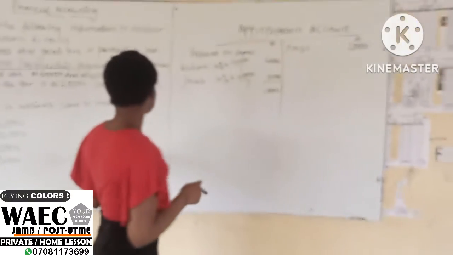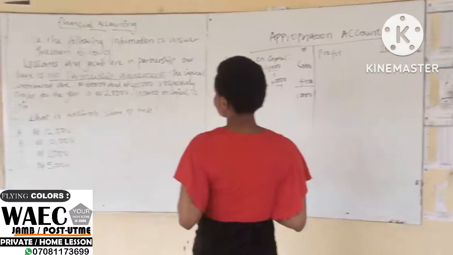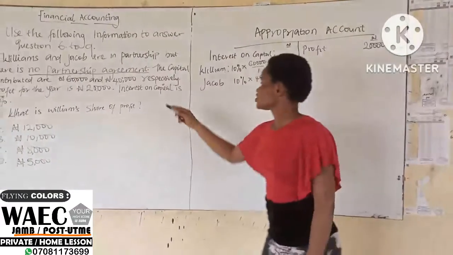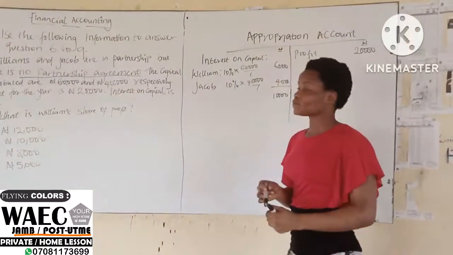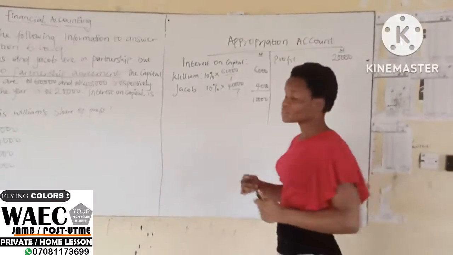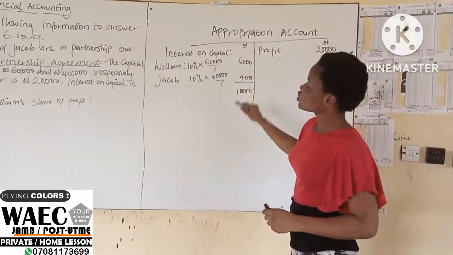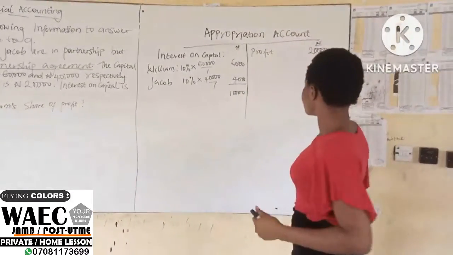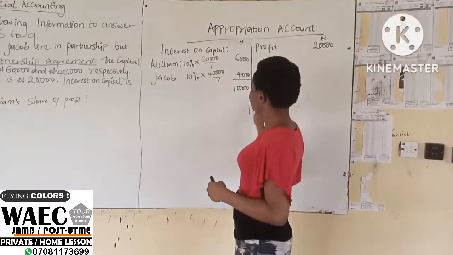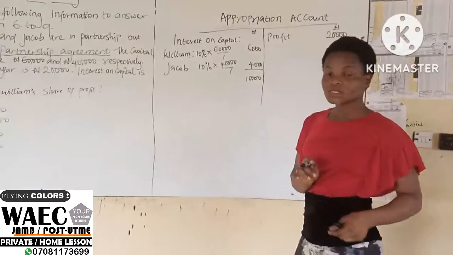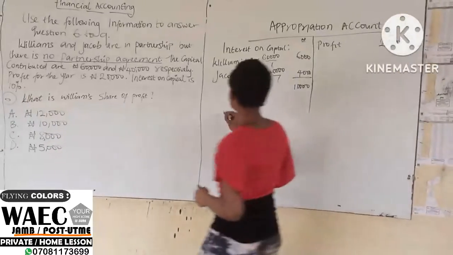Since there is no other account given in the partnership account, then we move over to the share of profit, which we are asked to find. To get the share of profit is the difference between the profits and the interest on capital. So that's 20,000 minus 10,000, which will give you 10,000. So when doing your share of profits,